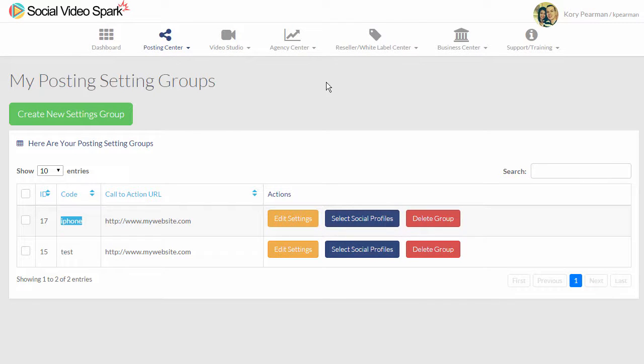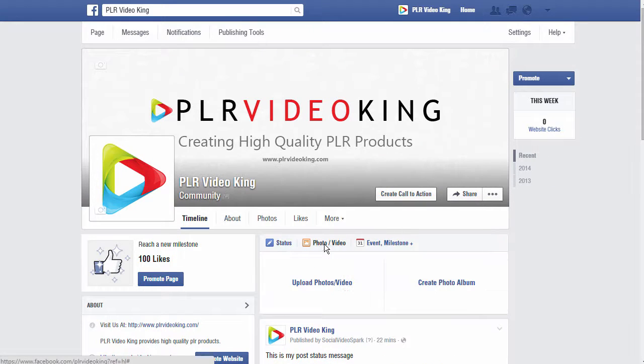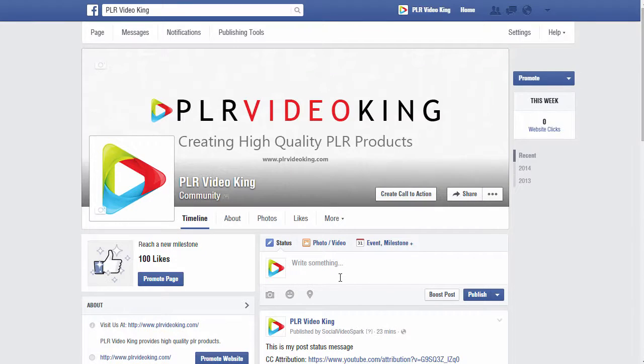And now what we can do with this, if I head back over here to Facebook, and let's say that I wanted to upload a video to my Facebook profile. So I'm going to select my video here to be uploaded, and now in my description, I would go ahead and type out my description, and then when I'm done, I would make sure that I include the asterisk and then my code word, which is iPhone. So when I type this in at the end of my description or at the beginning of my description, and I click on publish, Facebook is now going to upload that video to my profile,